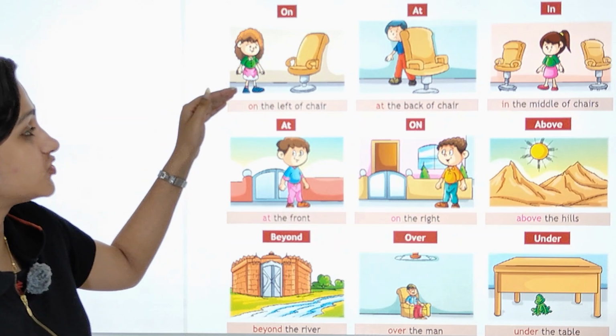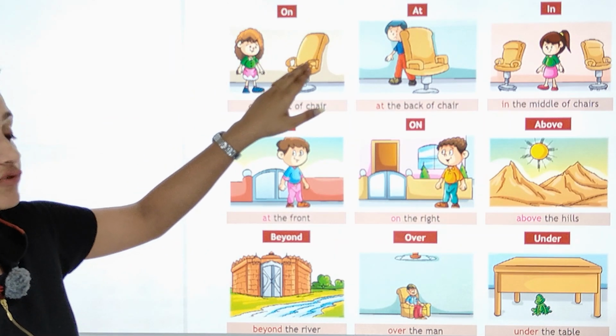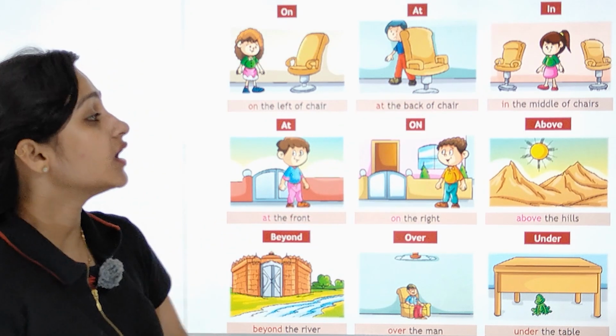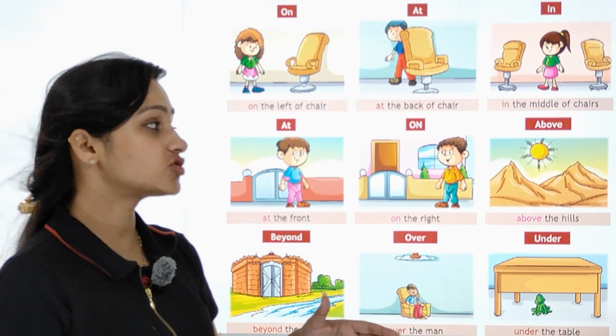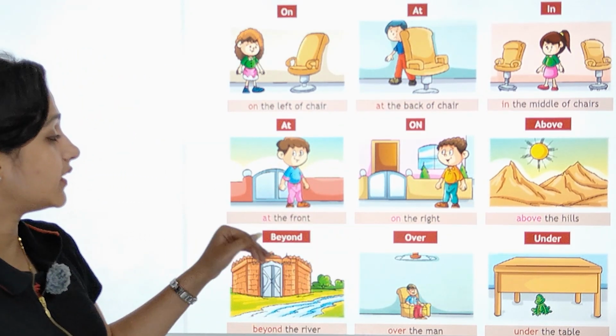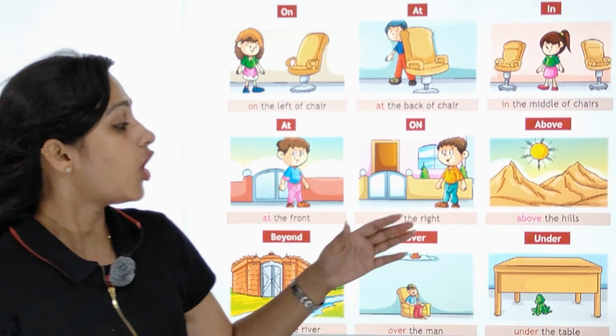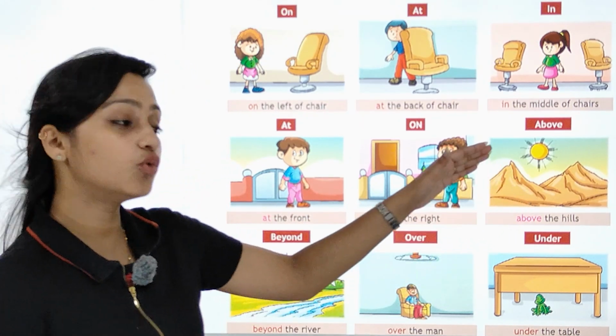On the left of chair. Left chair मतलब on the left of chair, chair के ऊपर left में. At the back of chair, chair के पीछे, in the middle of chair, chair के बीच में, at the front मतलब आगे एकदम, on the right लिख दो एकदम राइट में, above the hills, hills के ऊपर,